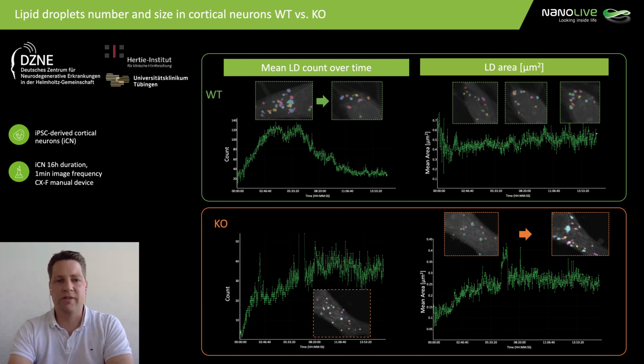Here is another example of an analysis we performed during the alpha testing. In this case, we used wild-type iPSC-derived cortical neurons and compared it to a neuron where we introduced a specific knockout mutation using the CRISPR-Cas9 system. We believe that this knockout should result in an impaired lipid homeostasis. And indeed, what you can see is that